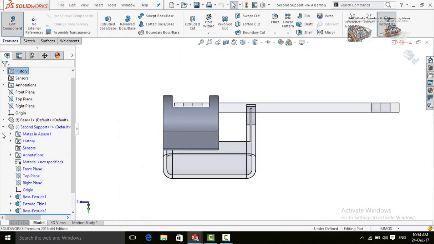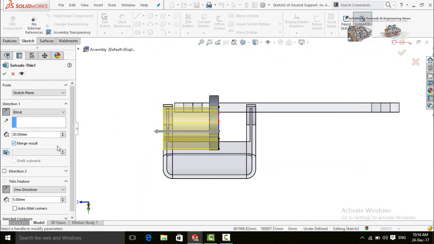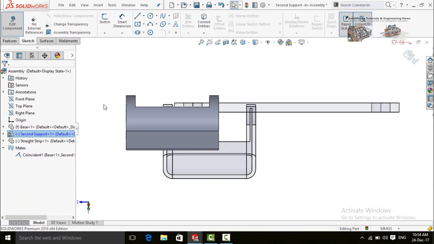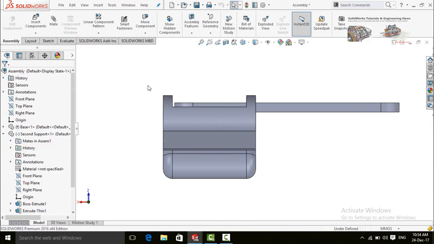Now drop down this option, second support, and then click on this extrude thin one, then edit it up to 50 millimeter. Now click on this button. Now press rebuild.